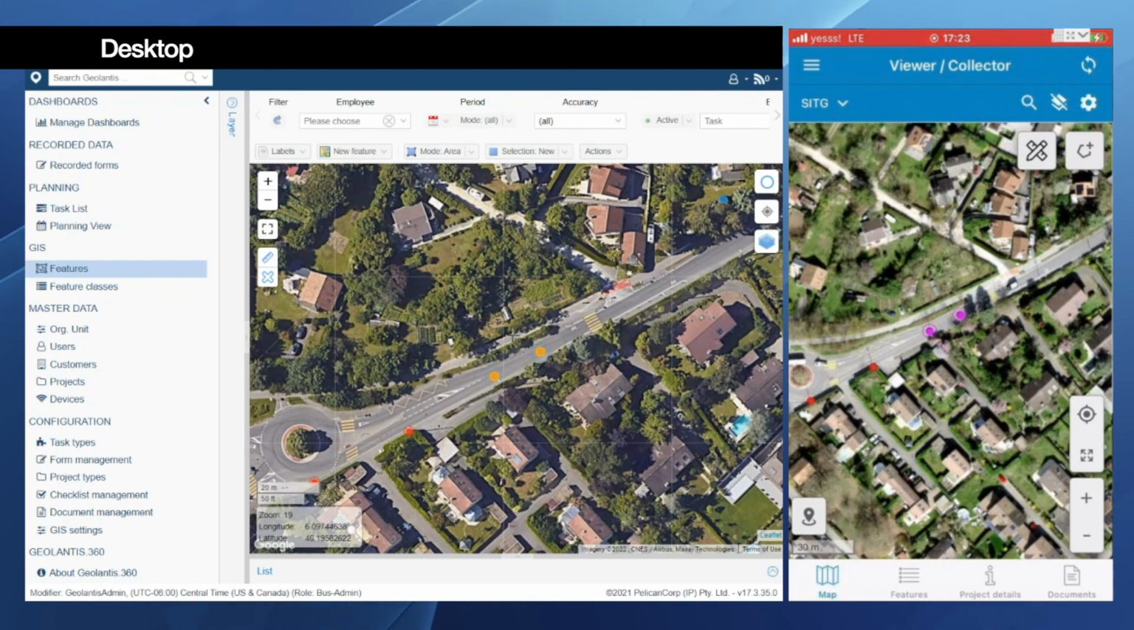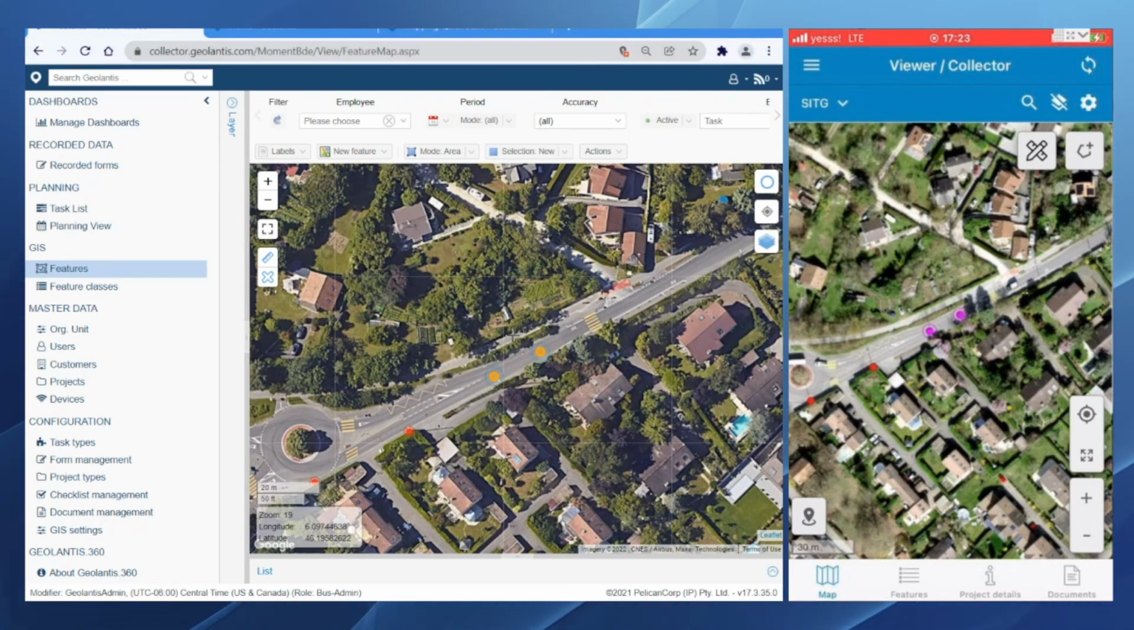This was the very basic scenario to collect single points. If you have a normal mobile device, either Android or iOS,